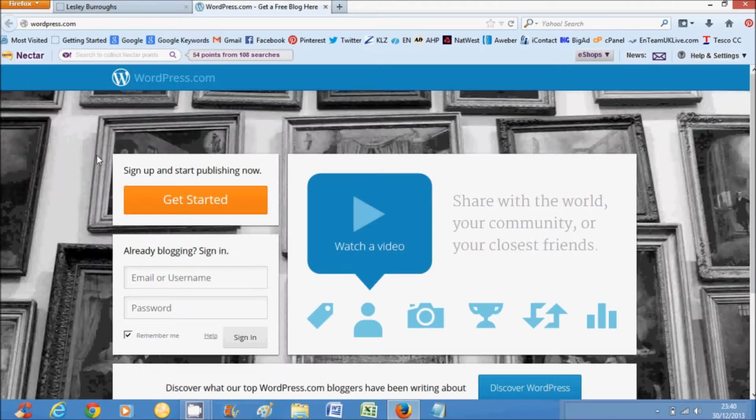It is better to have your own self-hosted website blog because it gives you greater flexibility on what you can do within your site, but this is a good starting point, but it does have some restrictions, but that's a topic for another day. So you'll see by coming to wordpress.com you get this orange button saying get started, and